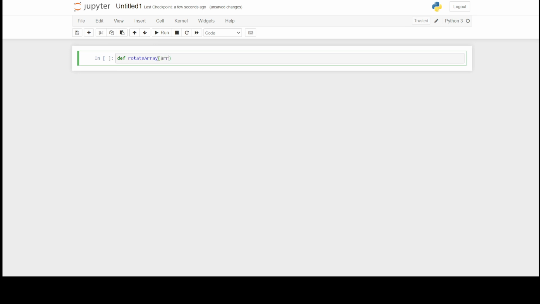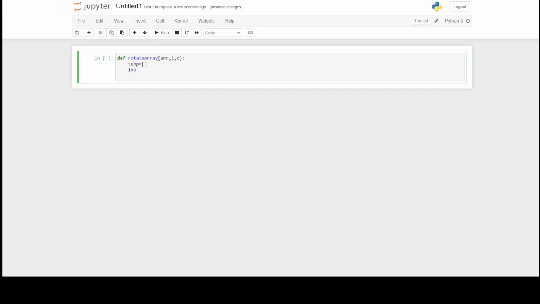That is, it will receive an array, then the size of the array, and the number of digits that we have to rotate it with. Inside this, we will have an empty array that we will name temp. This is the empty array temp, and initialize I is equal to 0 as a counter.